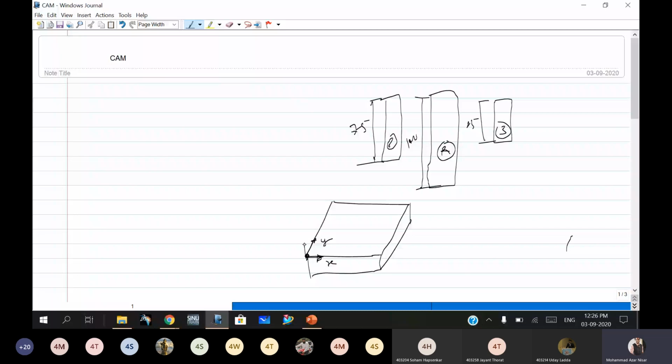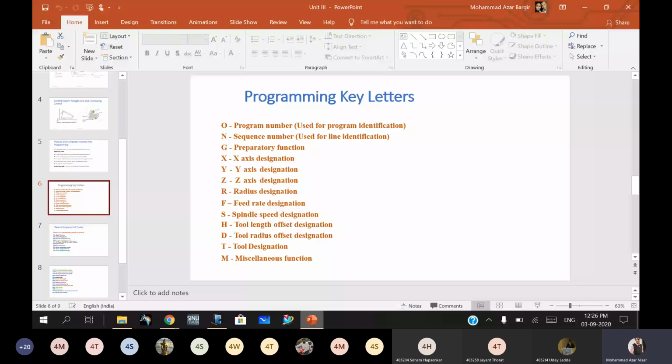So at this point, all the coordinates are 0, for this 75 length. Okay, so I complete one operation by using this tool. Then for the second tool, that is of 100, in this tool you have to select minus 25 height compensation. That is this, in this H minus 25.